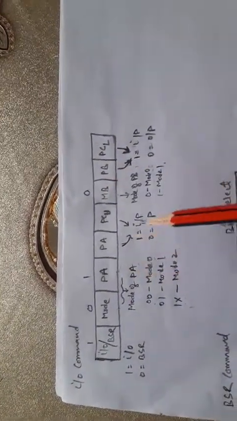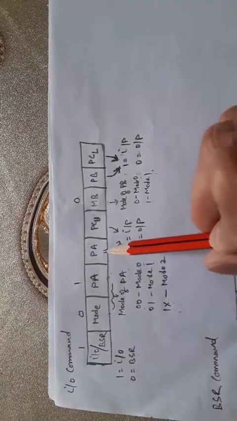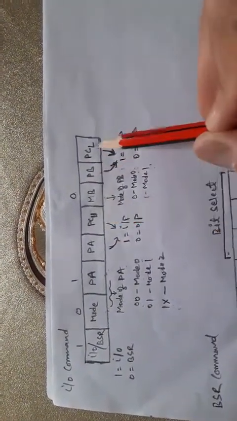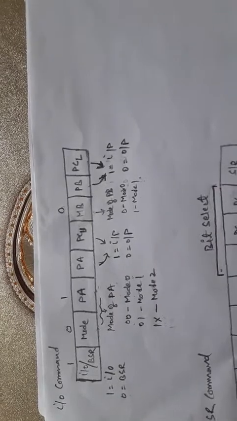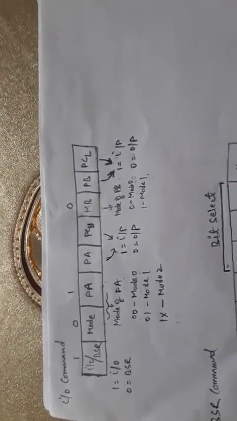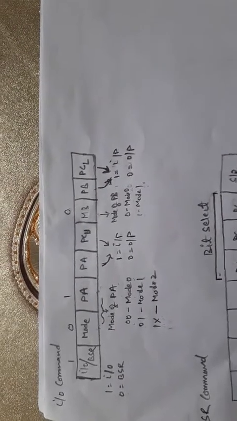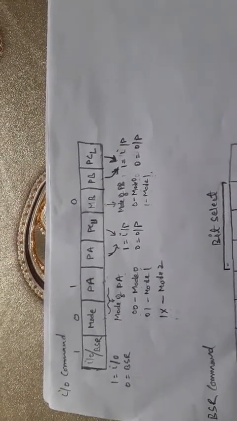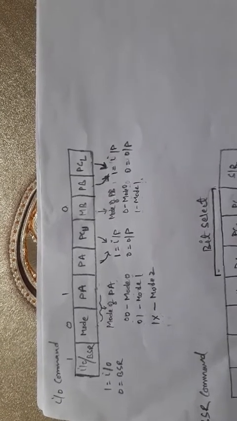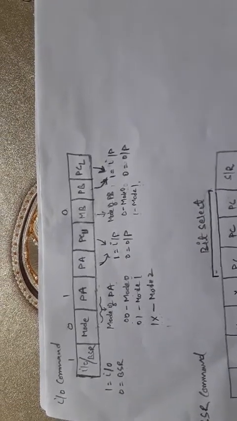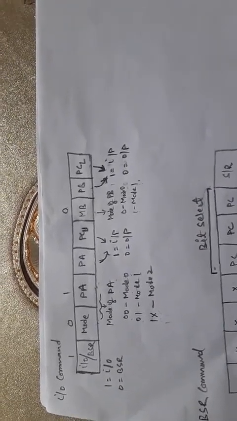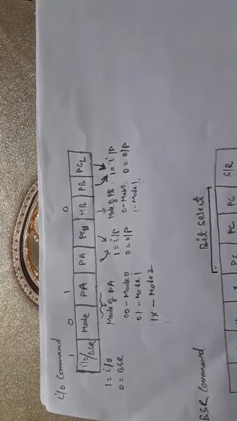Now here I kept port A, port B, port C upper and port C lower lines. These bits will decide whether these ports are working as an input port or an output port. What does it mean? If a port is working as an output port, it is giving some data. The ports are not like the data bus, because if we send data on the data bus, that data will come and go, it will not stay or be stored. After some time, if we want to see that data, it will not be there, because the bus is a wire and data is a current.